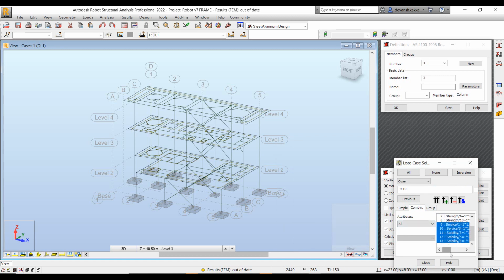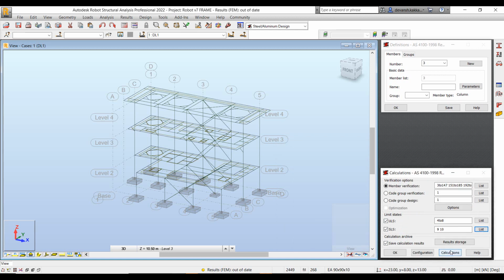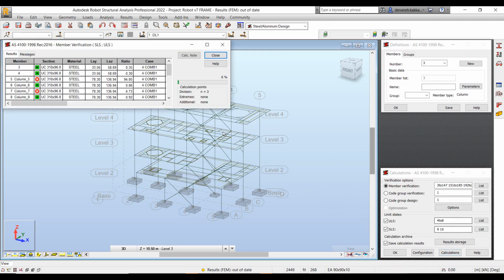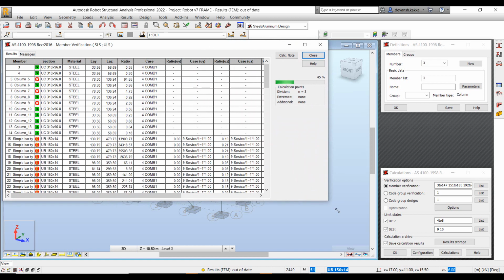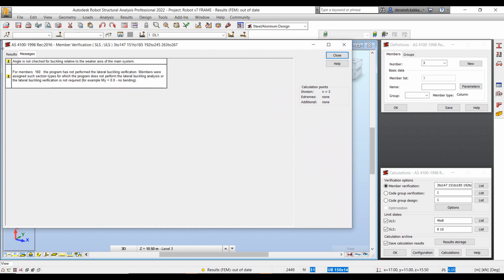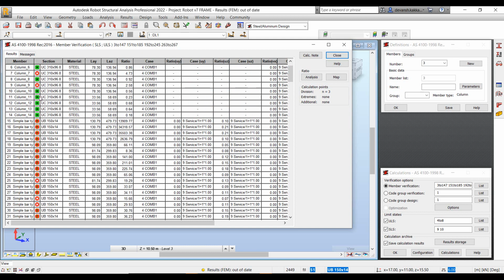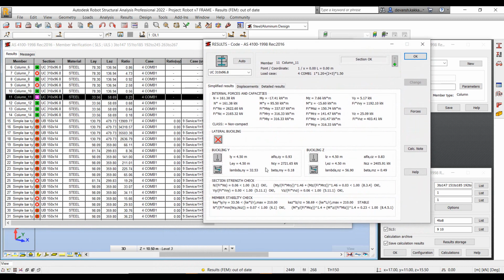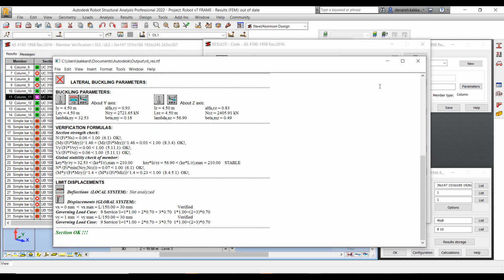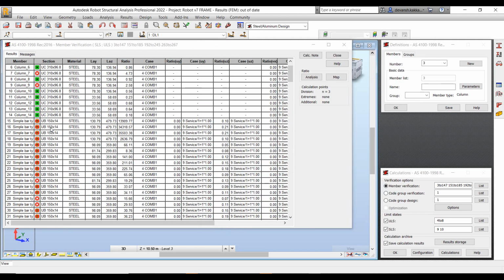Once Robot performs the calculations for my steel design, it quickly validates whether the section that I've defined for that specific member would suffice the structural requirement or not. It illustrates whether the member passes or fails the design criteria. Now we can visualize the detailed calculations that Robot has performed through a calculation note, which gives me the descriptive summary of all the different calculations performed. You can also validate the forces within the members, and this calculation note could then be printed out for later utilization within our reports.